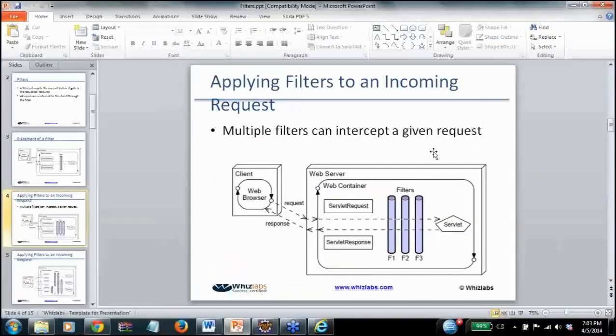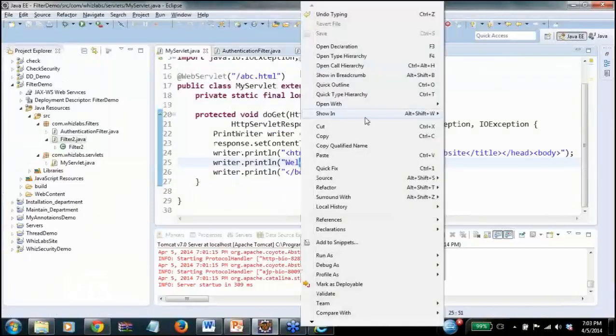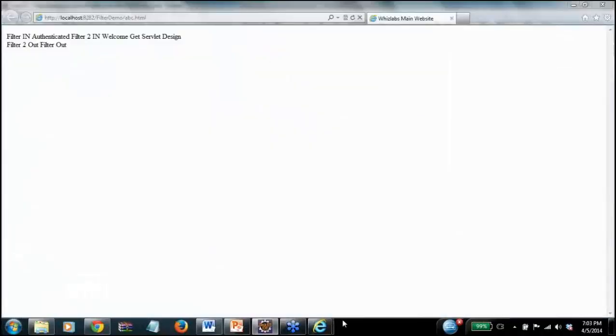Let's say, let me take everything out. So here I'll say maybe true. That's okay. Run as. So you have filter in. So your first filter in, authenticated filter. Authenticated. This comes from, okay, what we'll do is, we have not done,